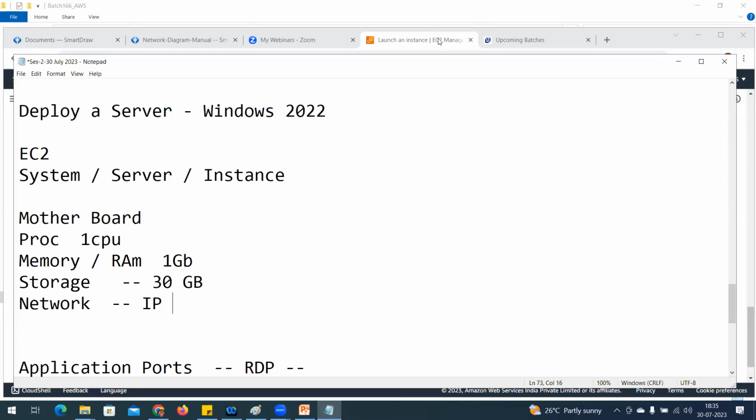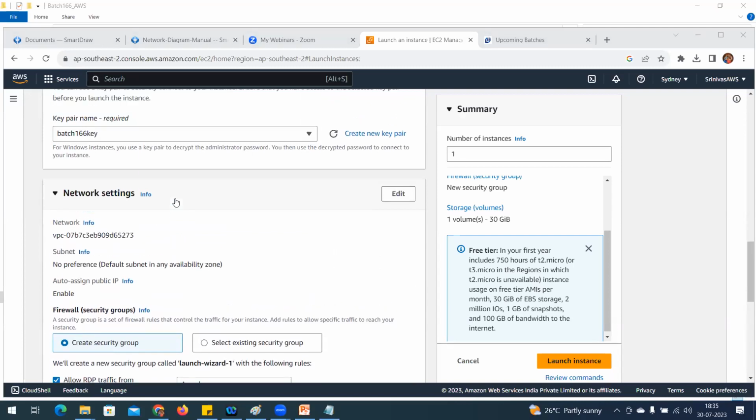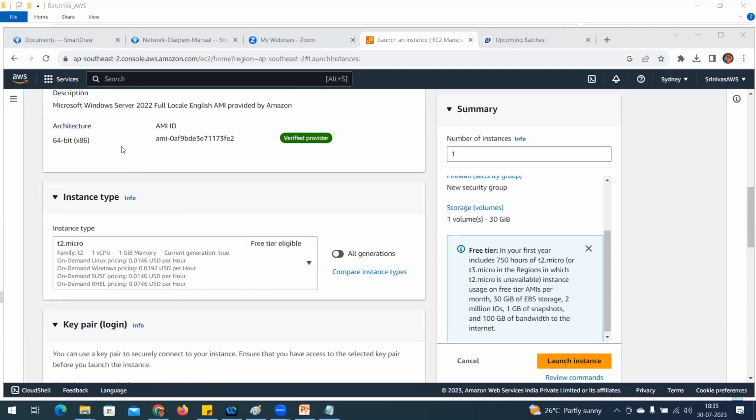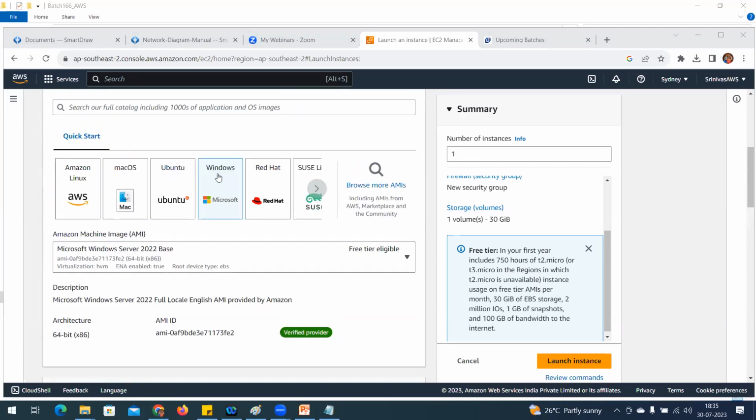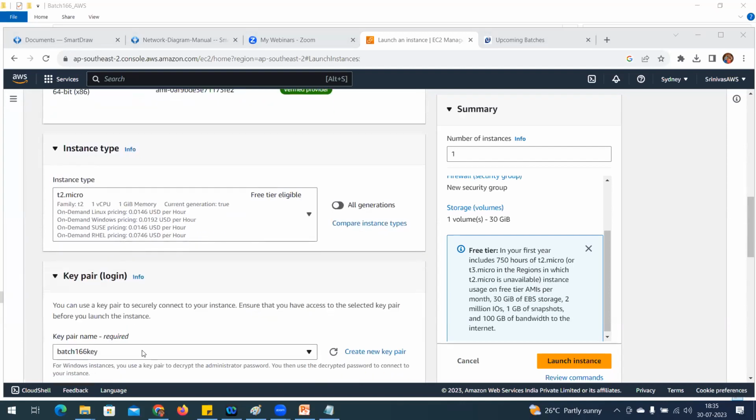Okay. So what is it going to deploy? 30 GB of space it is going to deploy. This is for the free tier limitation. Just create the storage and then continue the installation. That's it. Whatever configuration we already selected is already done. So what I did was just provide names. I selected Windows and then provided the name. Only two things, nothing else.